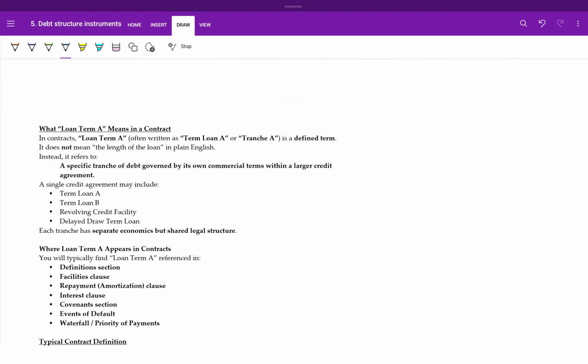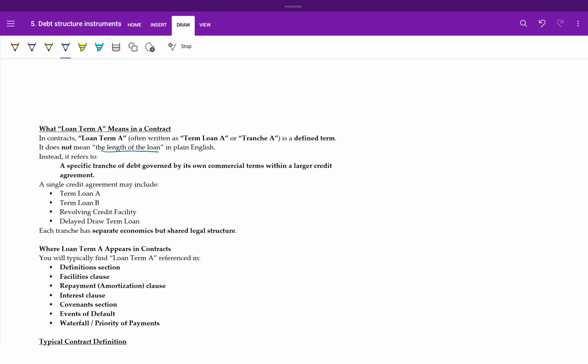So, what does a loan term A mean in a contract? Why does a contract matter more than labels? Let's begin with a critical distinction. In everyday English, the word term represents length, the length of time of the loan. And in contracts,